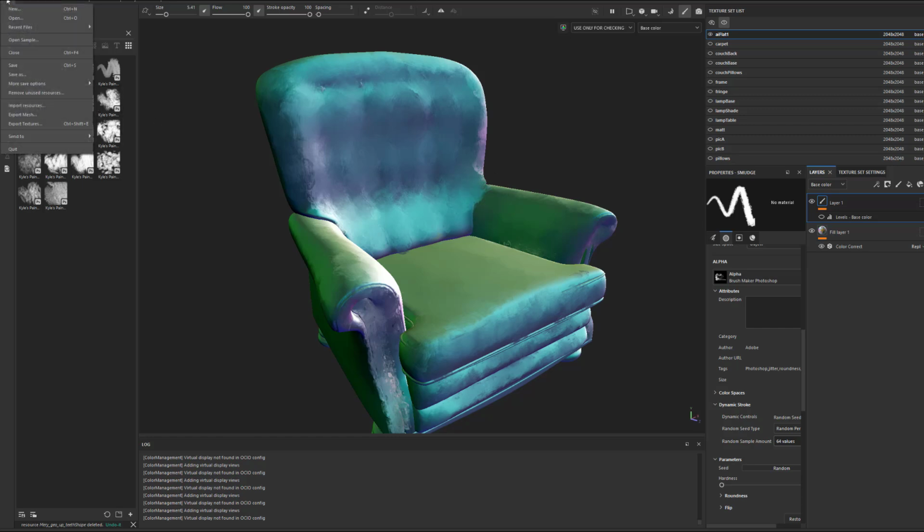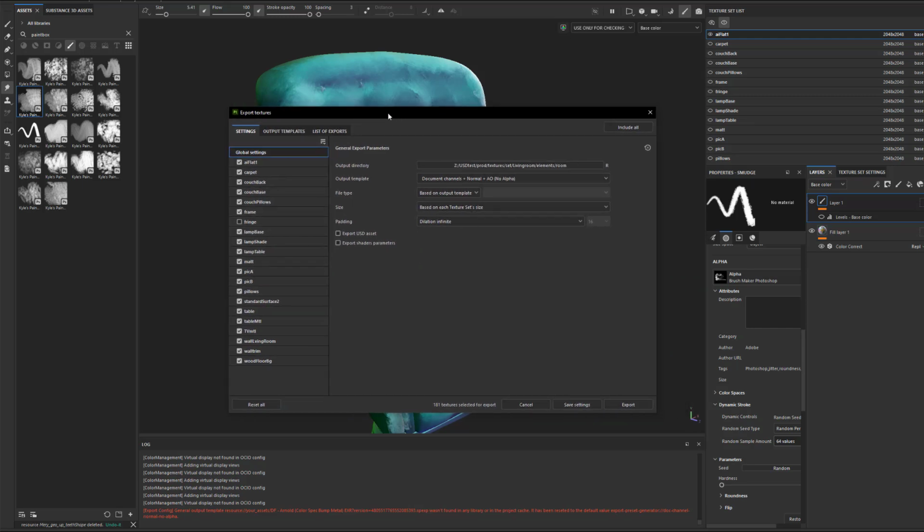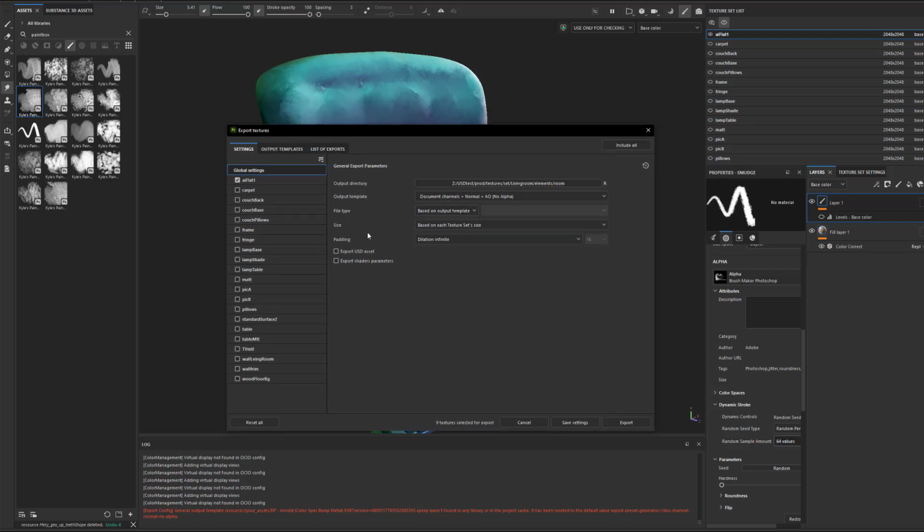So to do that, come into export textures, and I'm going to export out just my chair here. And I've made myself a